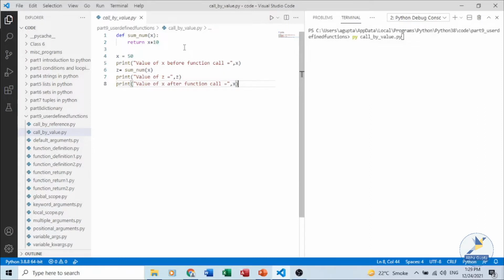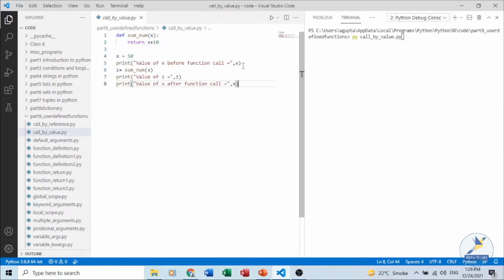For example, this is a program where we are passing an immutable type, a number, and it is called by value. We have a function named some number and x is being passed as a parameter. We are modifying the value of x by adding 10 to it and then printing the result. So we have a variable x which has been assigned a value of 50.